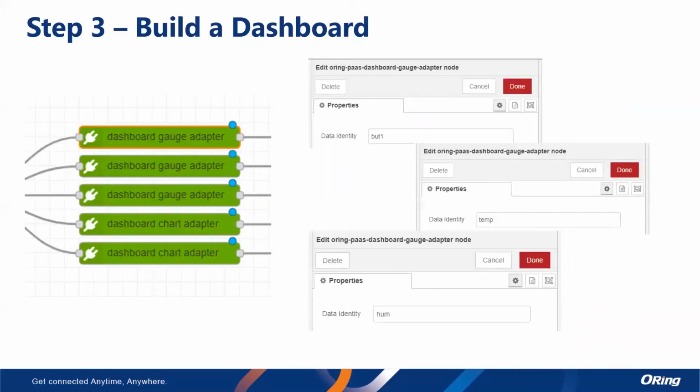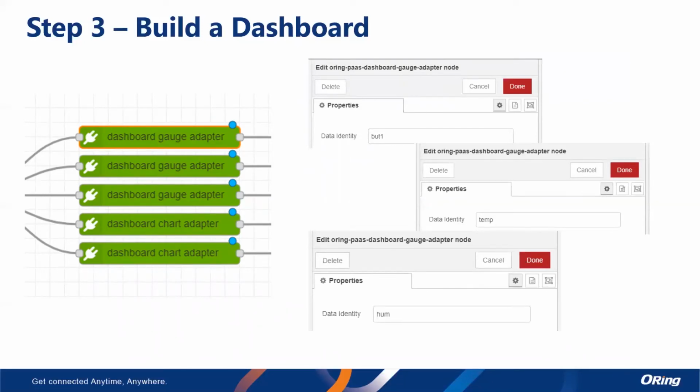Okay, moving further, how the ORing dashboard adapters work. You can see it's very easy configuration. There is no extremely special knowledge necessary, because all you have to remember are the IDs of the values put in data shapes during your Think registration. So in this case, we know we have a button, we have temperature, we have humidity. In this case, it's BAT1, temp, and HUM for the device ID, which is the value ID, which is used